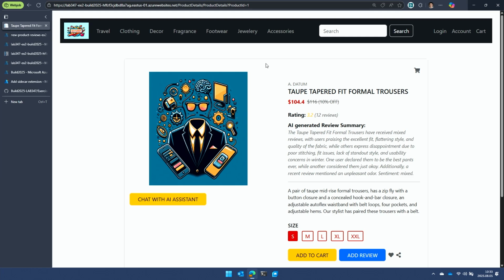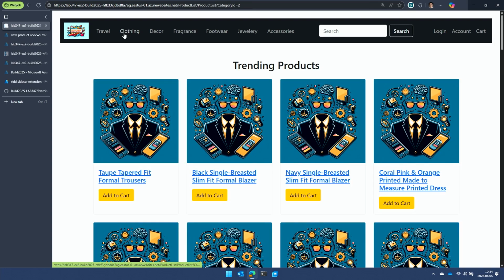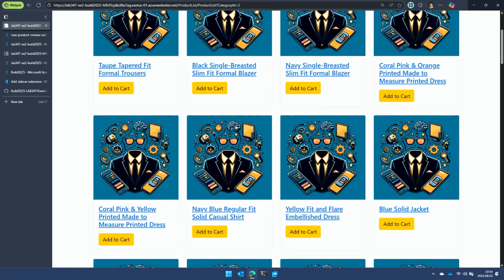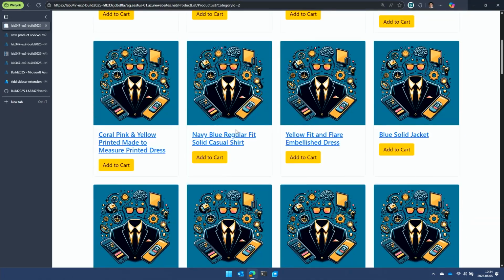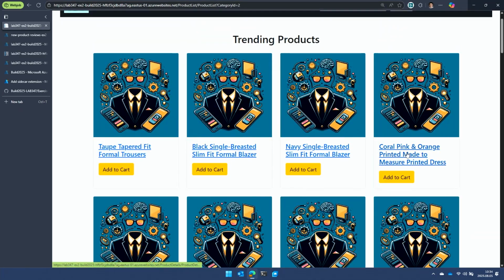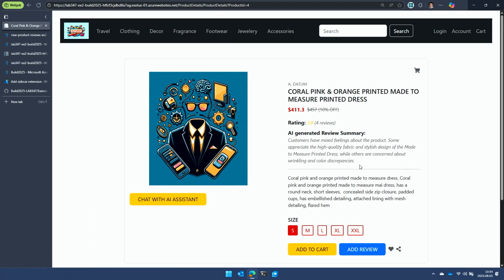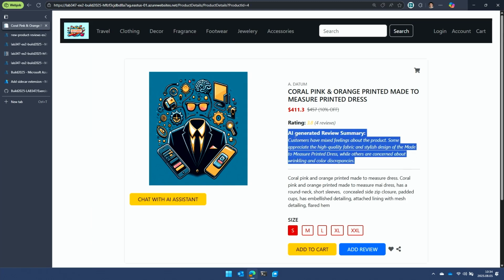So let's walk through this demo, and I'll talk a little bit about what we're doing here that's interesting. So if you look, this app, it's hosted on App Service as well, and it's just a catalog, and we have a bunch of products in it. And then I'm just going to click into one random one. And you can see that there's this AI-generated summary. And you see this in any retailer these days. You go to Amazon, you go to Home Depot,